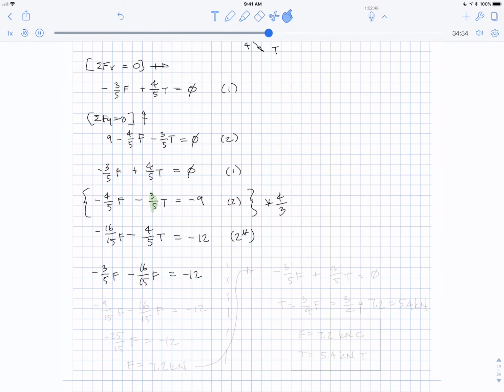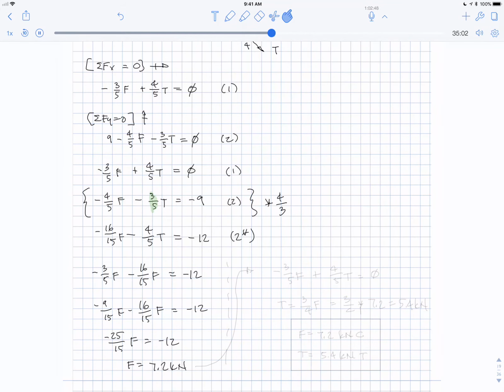We can now solve this equation for F. 3/5 is 9/15 F, so minus 9/15 F minus 16/15 F equals minus 12, or minus 25 over 15 F equals minus 12, and finally F equals